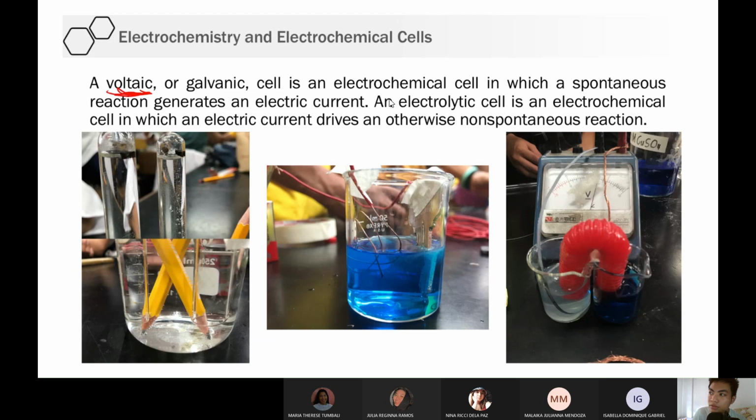However, there is an opposite form of galvanic cell or voltaic cell. What is its opposite form? The electrolytic cell. So in an electrolytic cell, in order for the reaction to happen, instead of it giving the electricity, you are the one who provides the electricity. Okay? Where is that used? The electrolytic cell is used when we are coating materials with metal. In this picture, we coated this key. I think this is my key, my key in the dorm before.